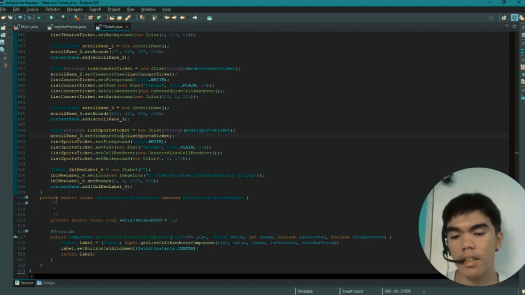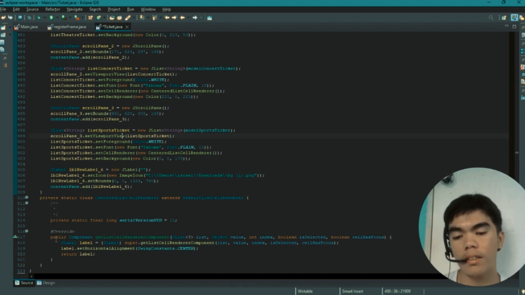So next is the method of centered list cell renderer, extends DefaultListCellRenderer. It has a private static final long serialVersionUID and 1L.